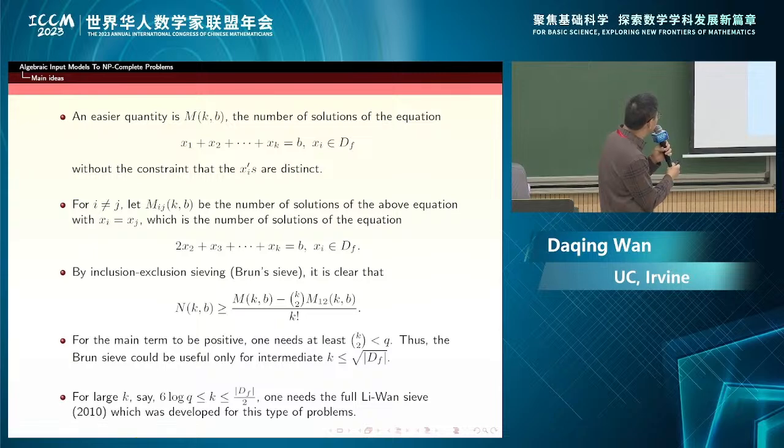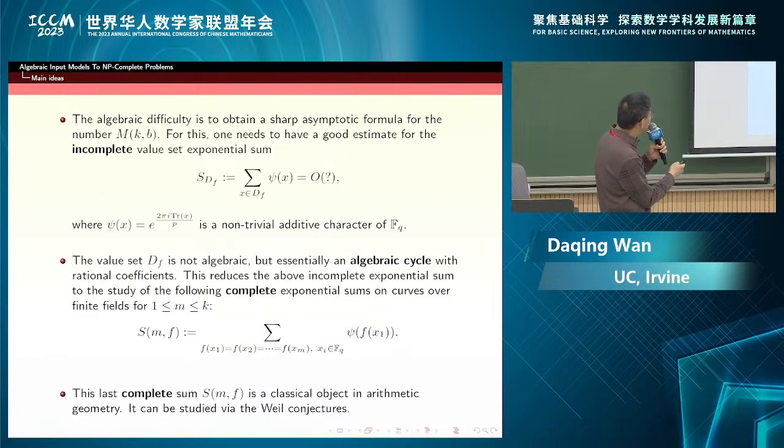So basically we require f(x1) plus f(x2) plus ... f(xk) equal to b. That's a hypersurface, right? Of course, you want the number of solutions, but there's a multiplicity problem because here x is in the value set, in the image set. So to estimate the number of points on this equation, this is not entirely algebraic because there's a multiplicity problem going on. To give an asymptotic formula, we use the character sum method,